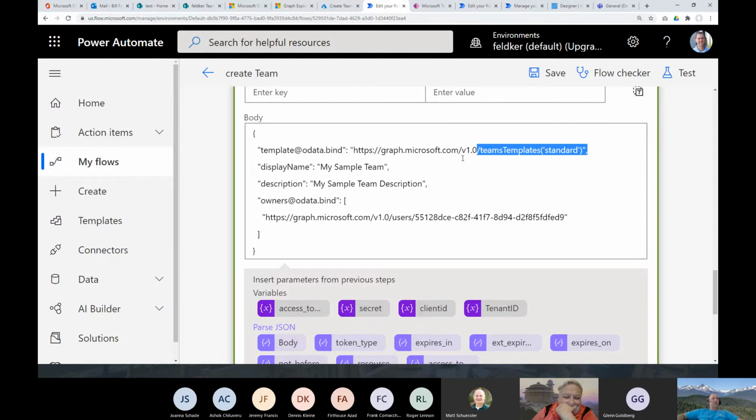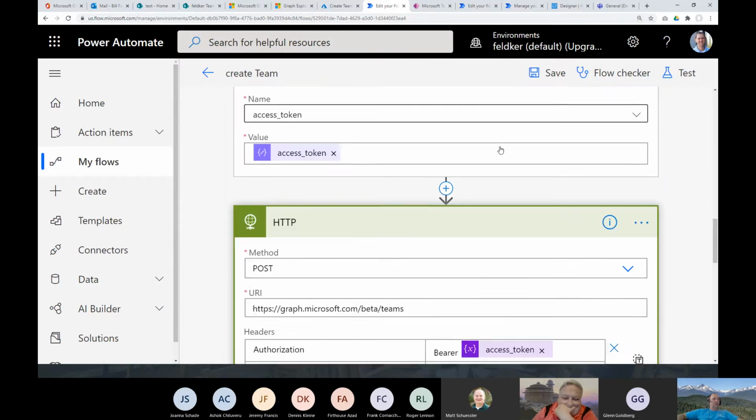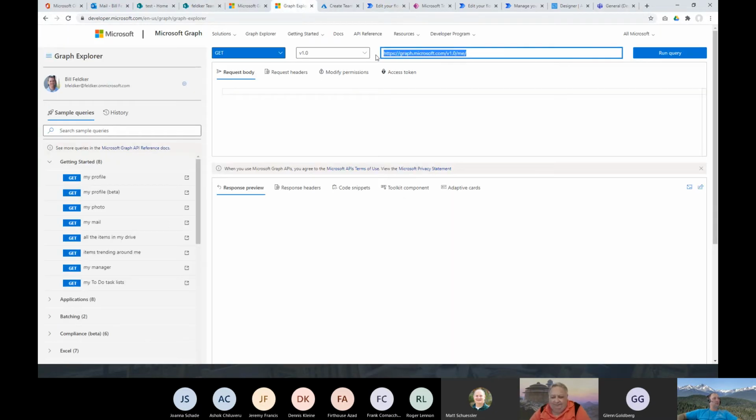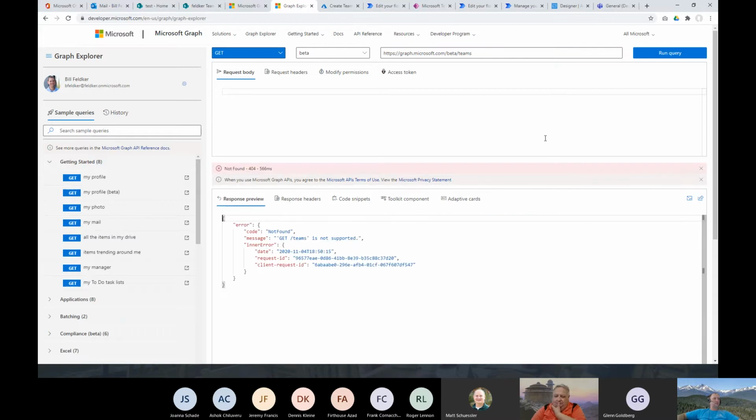But if you want to see what I can do, I come up here and I say, let me grab this and go to the Graph Explorer and populate it in here. You'll notice when I populated that beta Teams in, it turned over from version 1.0 to beta, and it also populated the GET for me. As I look through here, if I just try to run this query, you'll see GET Teams is not supported. But if I do a POST method, and I actually put in my request body,